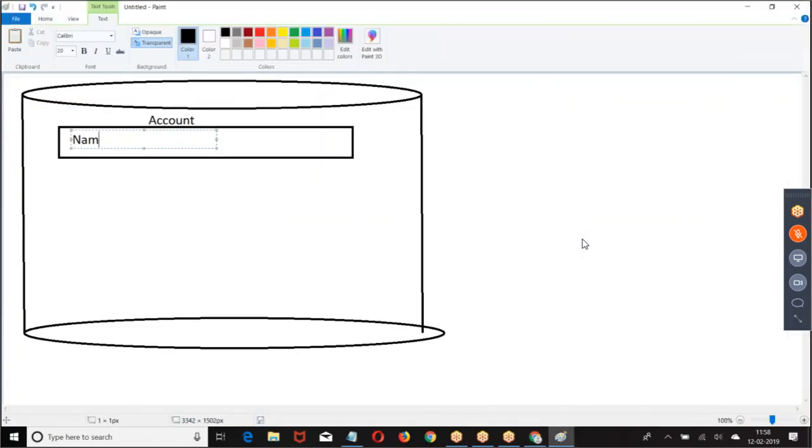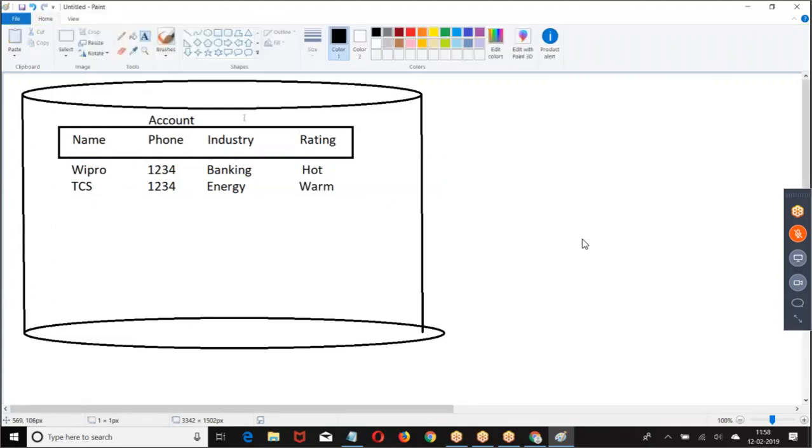Account. In the account, I have name, phone, and so on. Now what is this?